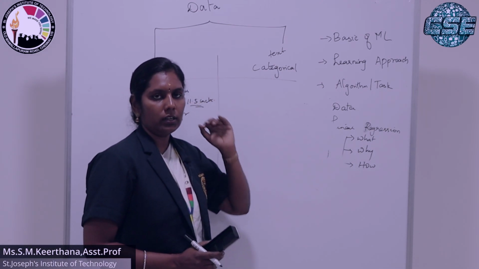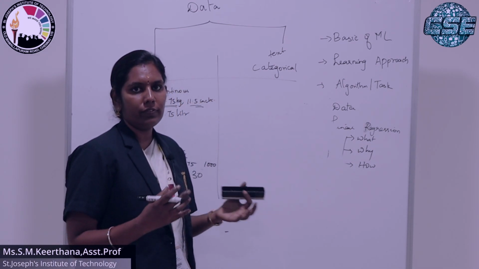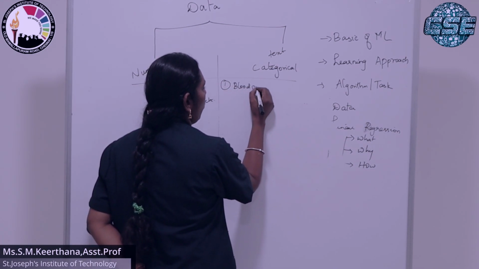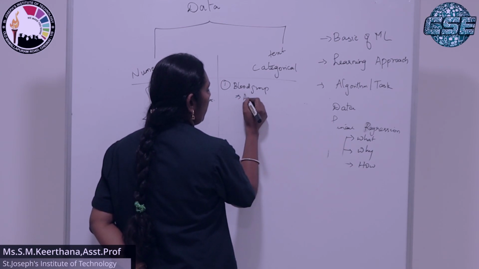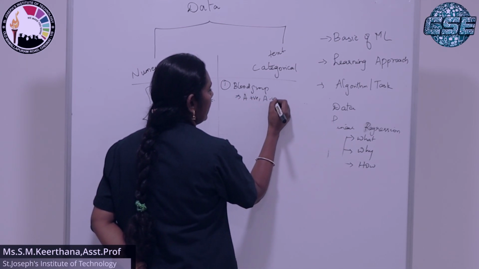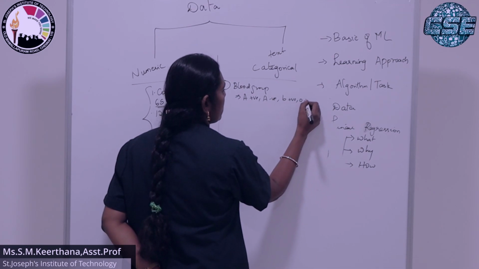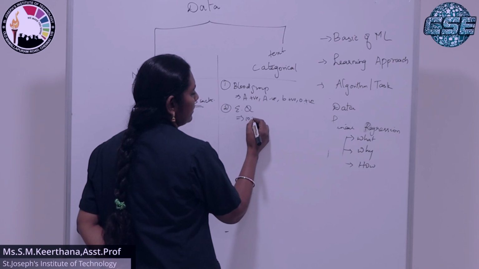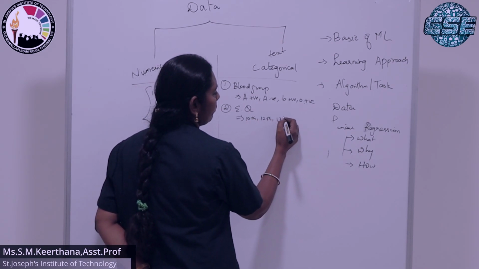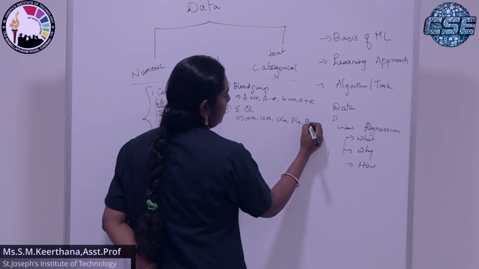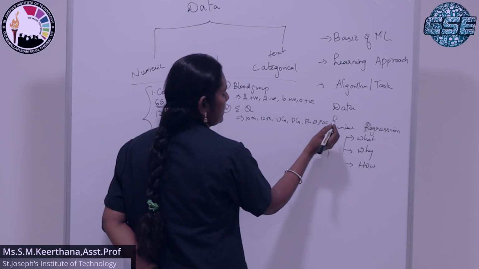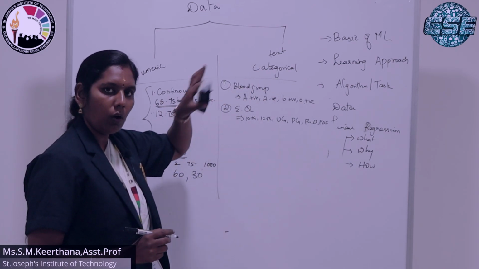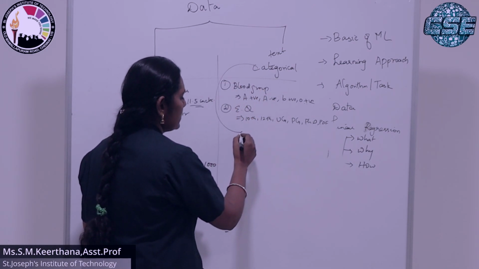Next, coming to categorical. What is categorical? Categories of data. For example, take the blood group. What are the types of blood group we have? A positive, A negative, B positive, O positive. And next, educational qualification. What all do we have? 10th, 12th, UG, PG, PhD, PDF, etc. Similar to numeric, where we have two categories, in categorical also we have two categories. So one is